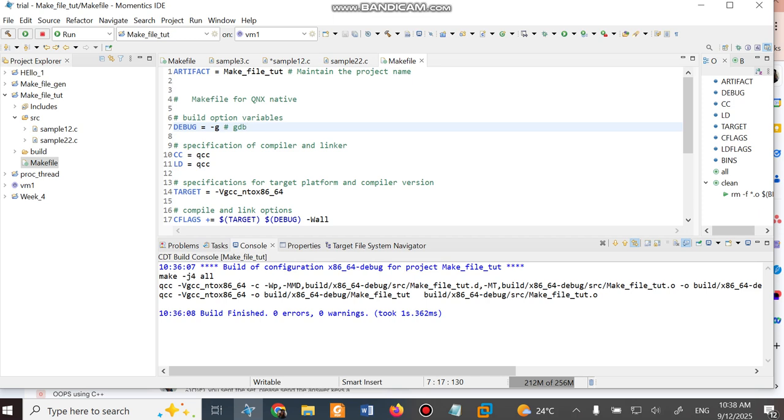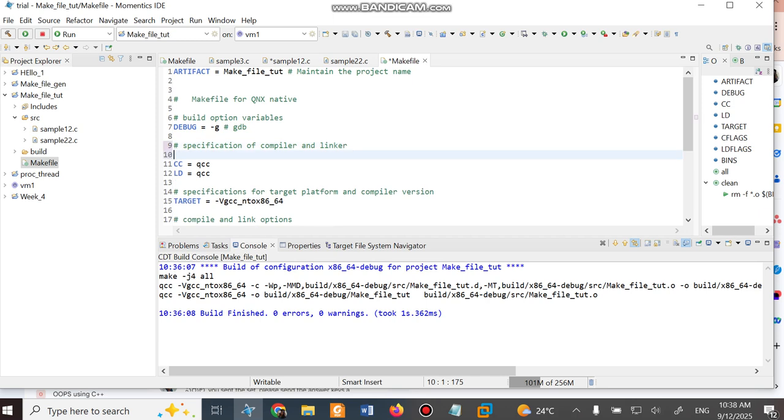Along with that, whenever we compile the program, we are compiling and building the executable file in two stages. One is using the compiler, where we create an object file, that is a .o file. By using the linker, we link the object file to the executable file. It is something like, assume I have a sample1.c.